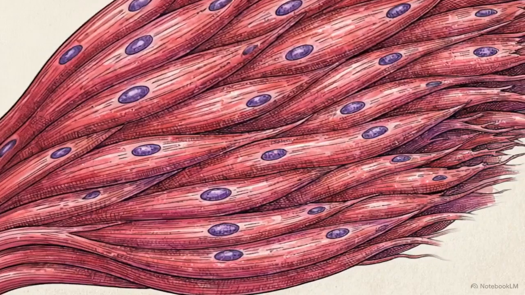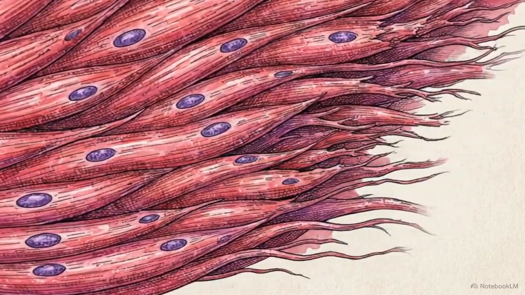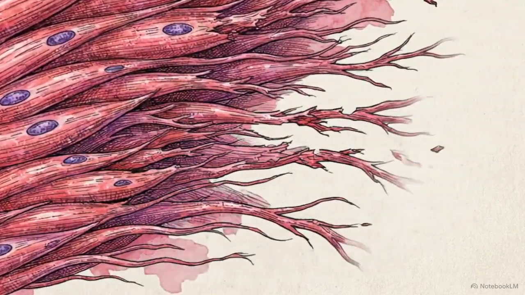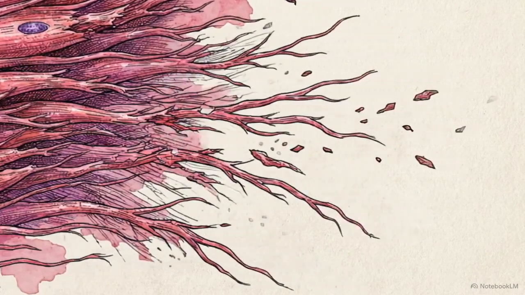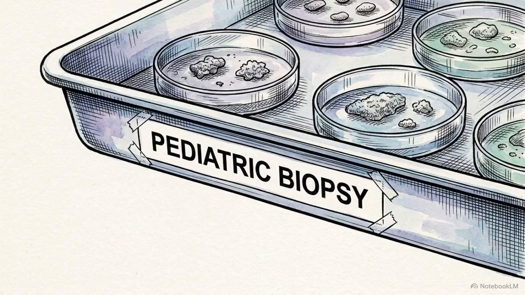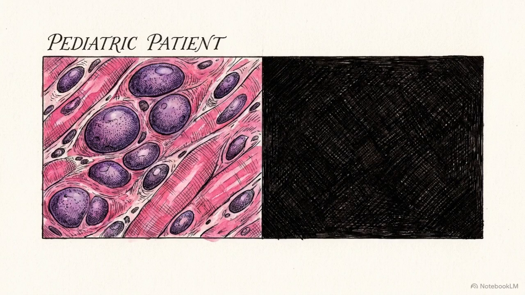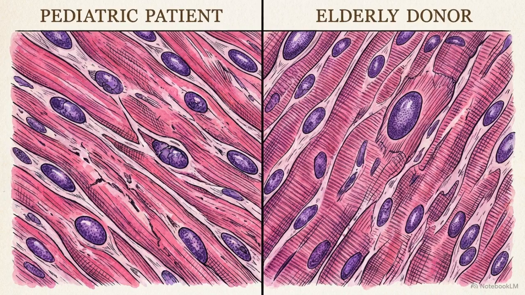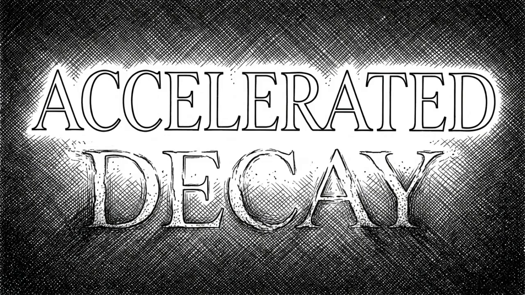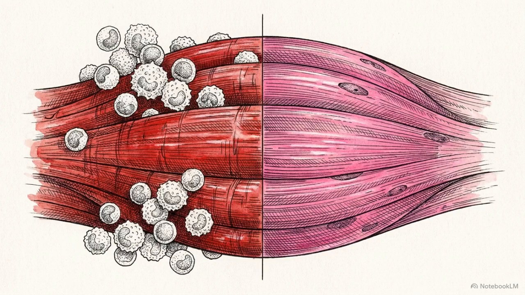If nuclear enlargement truly represents biological decay, it should appear in diseases that accelerate tissue breakdown, independent of the patient's chronological age. For the final validation, researchers examined muscle biopsies from pediatric patients suffering from inflammatory myopathies, conditions characterized by chronic muscle inflammation and degeneration. Despite being children, these patients exhibited the exact same severe nuclear enlargement observed in the elderly cohorts from the GTEx database. This phenomenon, defined as premature histological aging, proves that chronic inflammation drives this structural shift, regardless of the calendar